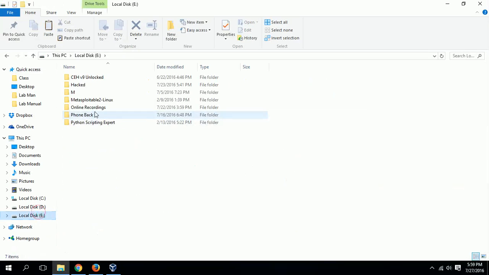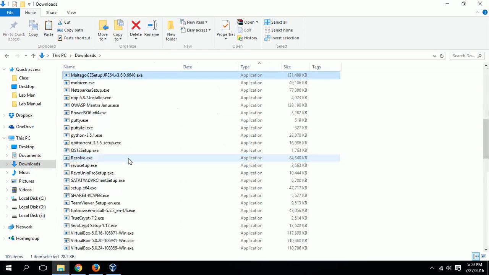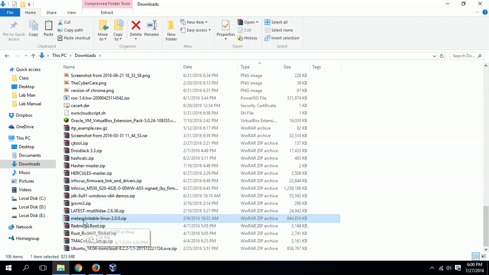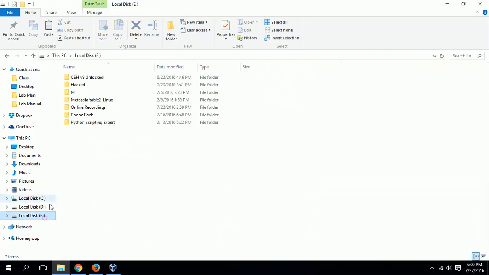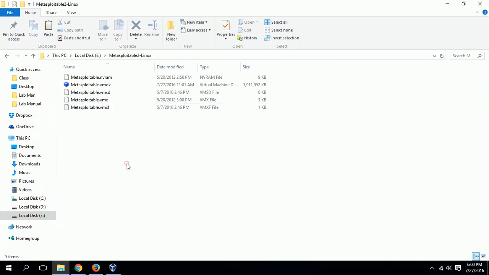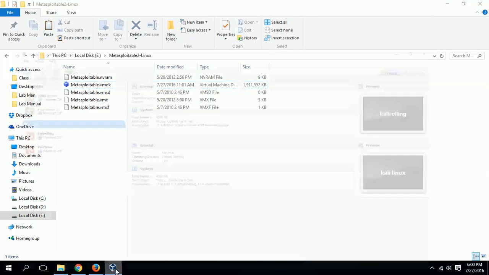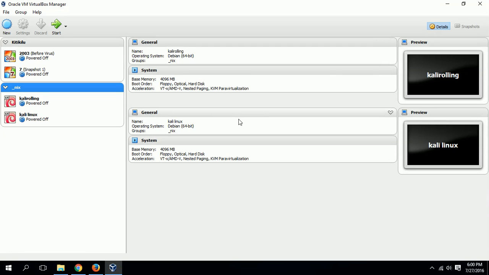You can see it here. I have downloaded the zip file. Here the Metasploitable Linux 2.0.0 zip file is available. If you extract that, you can see files like this, Metasploitable 2 Linux. Inside there you can see a VMDK file. So once you have extracted that, and once you have installed virtual machine software like VirtualBox, then you click on